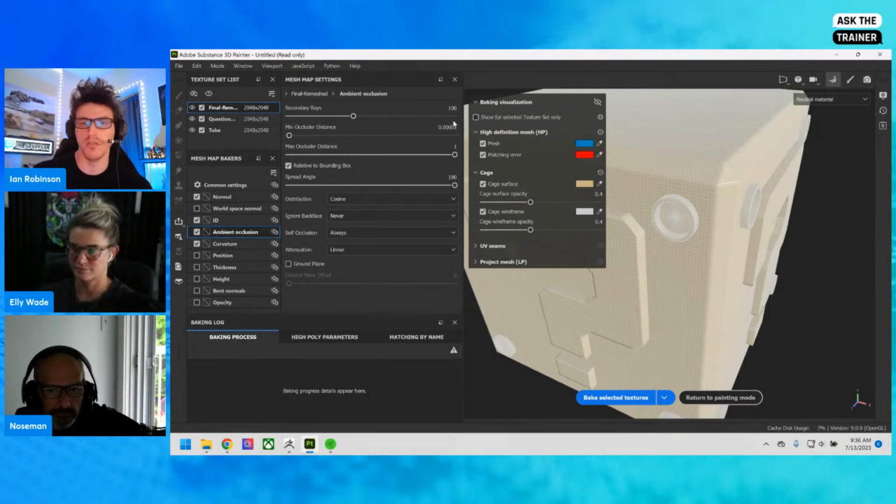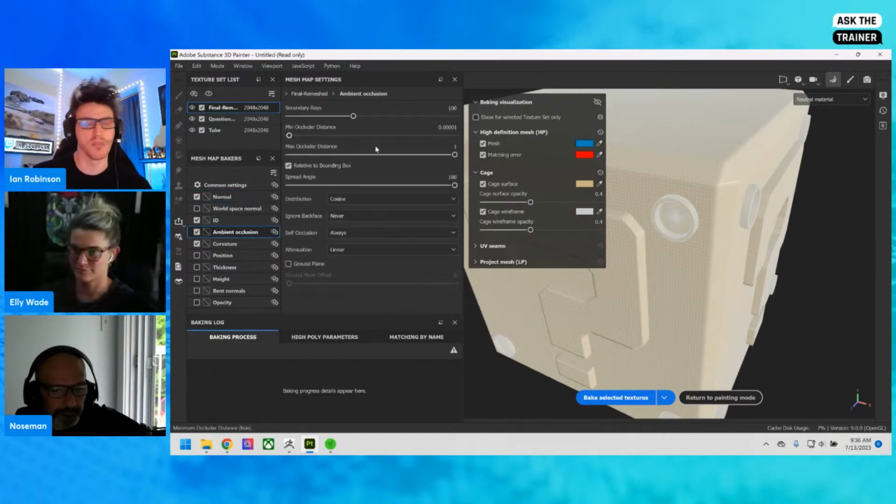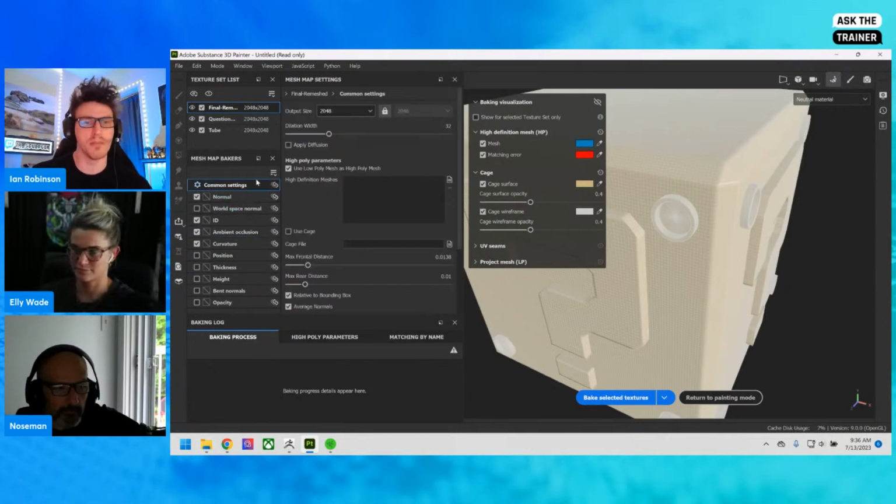That's just what I do. And then from there, I think it just looks better. It's a personal preference. And then from there, now we're just going to go ahead and bake this. So I'm going to come back up to common settings, and then I'm going to go ahead and say bake